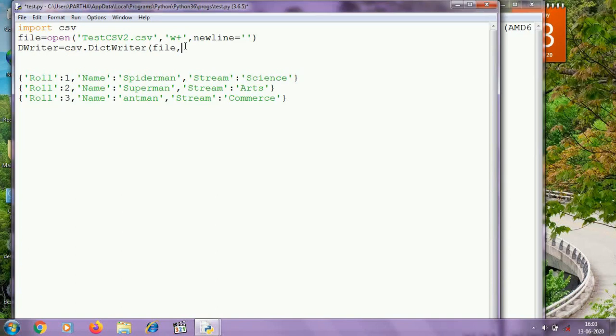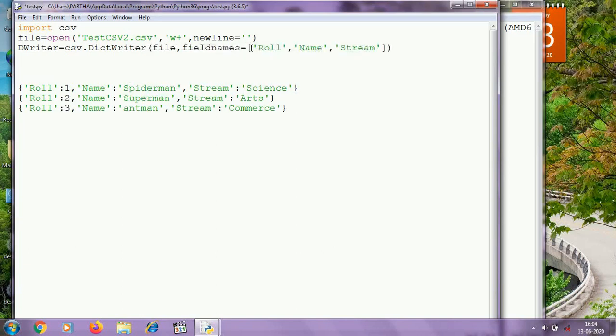Here you have to mention the field names. Whenever you are writing a dictionary to the CSV file, the keys of the dictionary will be field names of the file. So within a list I have to mention the field names, or you can say the keys of the dictionary, that is roll, name, stream.